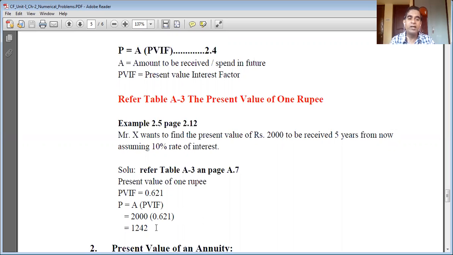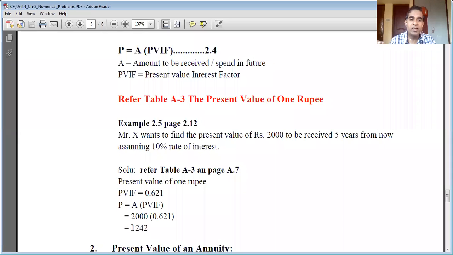See, this is the difference between your BCom, BBA learning and MBA learning of financial management. We never bothered in BCom what this 1242 was. I am also a BCom student. As long as the teacher said correct, we were happy to go ahead with the next problem. But decision making was not there at the UG level. So pay attention now.